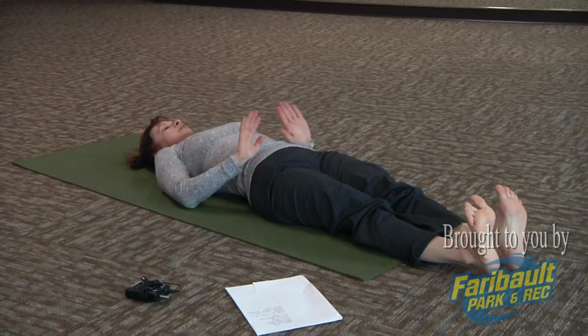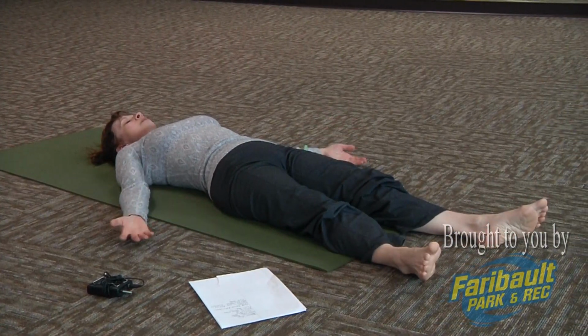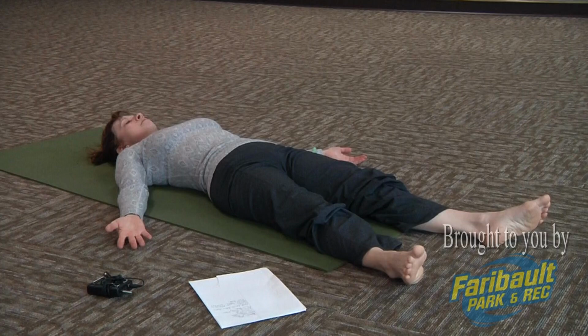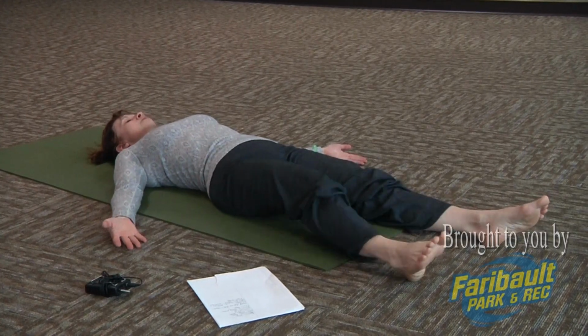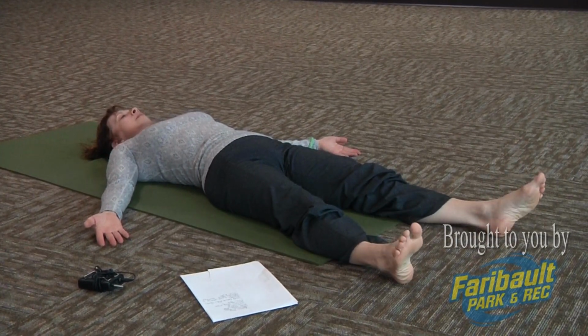And I want you to take a second just to press through those heels, and then just let the legs and the feet relax away from each other. Arms are going to come away from the body to your comfort, and if you can, you're going to turn the hands so the backs of your hands are to the floor, palms up, and then slide those shoulders down away from your ears. Softly close your eyes, take an inhale in, and sigh out tensions you're still holding,